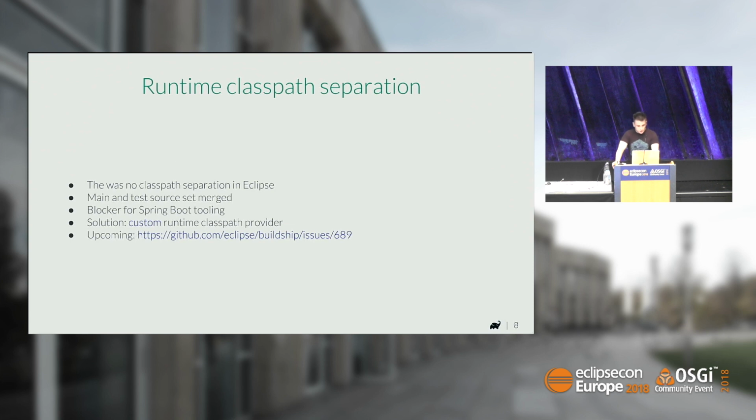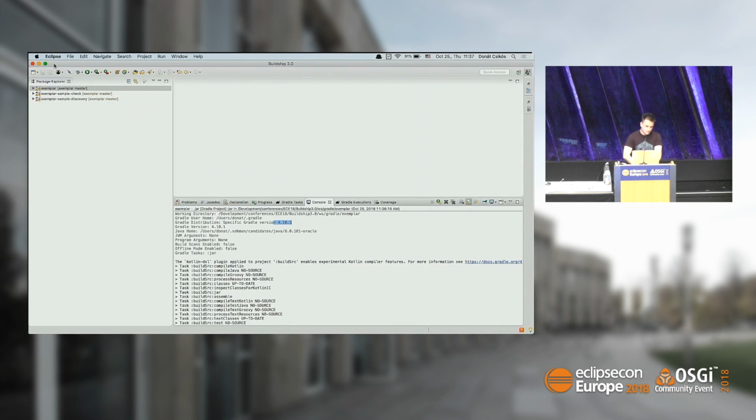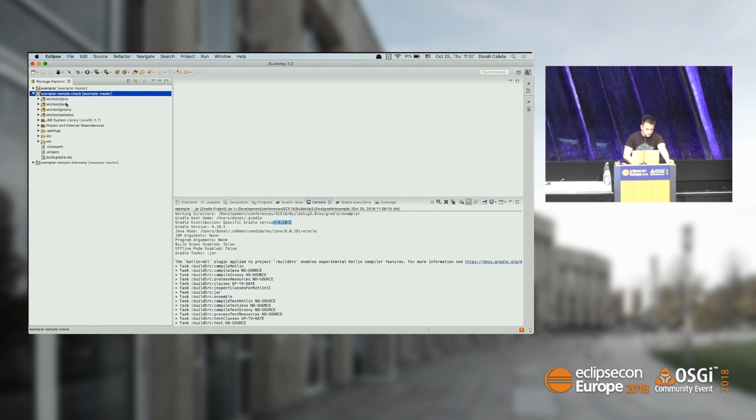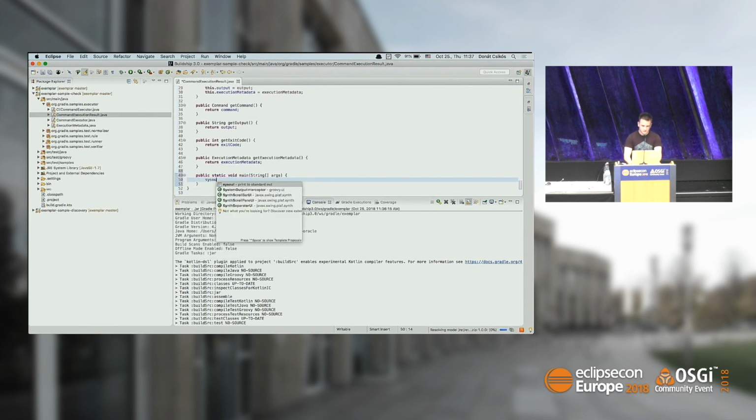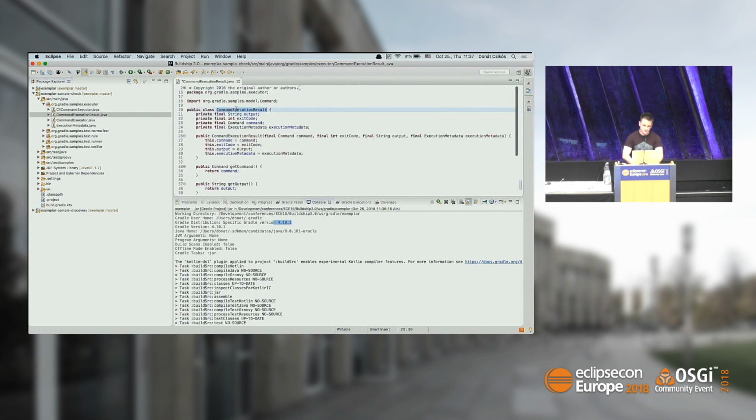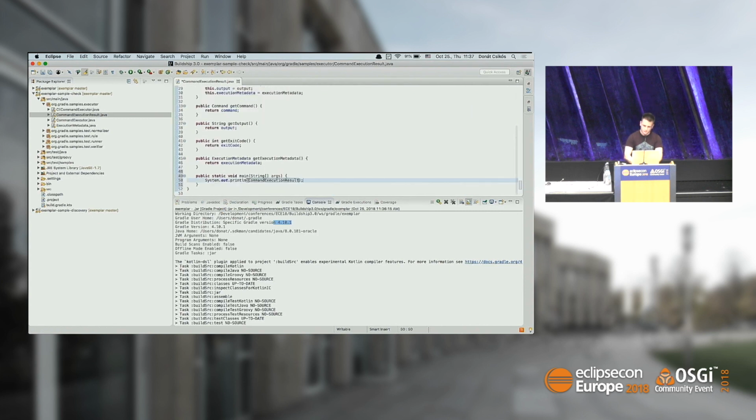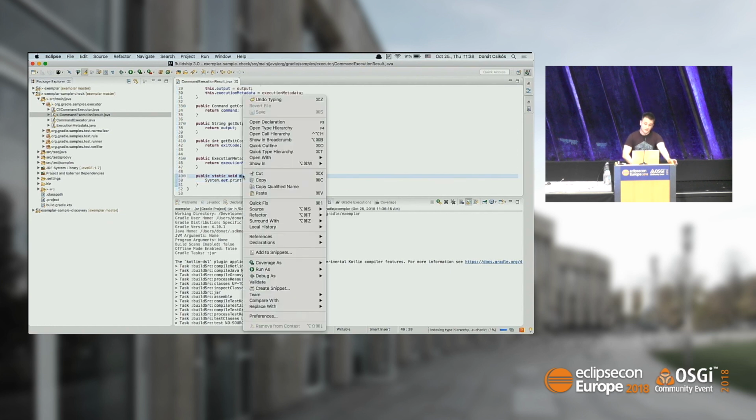Okay, let me show how it looks. Let's find a very simple case. I will implement a simple main method, which will print out the name of a class. Let's say System.out, and there I use the name of the same class. That's the simplest case. There we go. If I execute it, nothing special will happen. It will just print out the name of the class,